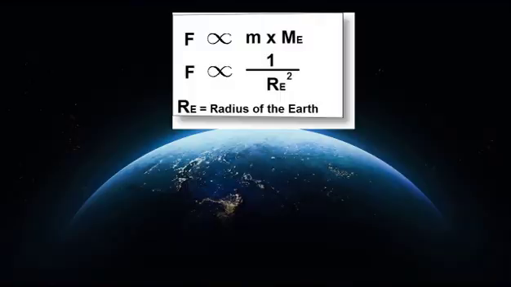When we apply the formula of Newton's law of universal gravitation, the force of attraction between these two bodies, the mass of the object and the earth, is directly proportional to the product of their masses. Product means if you multiply the mass of that object and the mass of the earth. So according to the first postulate of this